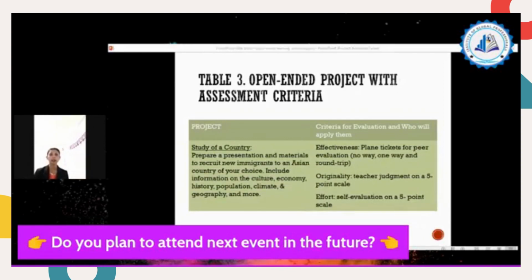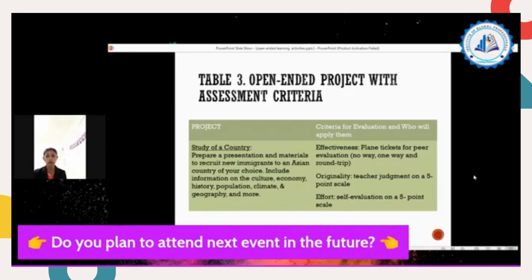Okay, open-ended project with assessment criteria. Okay, in this table number 3, there is a project, and there you are going to evaluate their answers. The project is the study of a country. You're going to prepare a presentation and materials to recruit new immigrants to an Asian country of your choice. You're going to include the information of the culture, the economy, the history, the population, climate, and geography, and more. Therefore, you're going to apply criteria for evaluation. And what are those